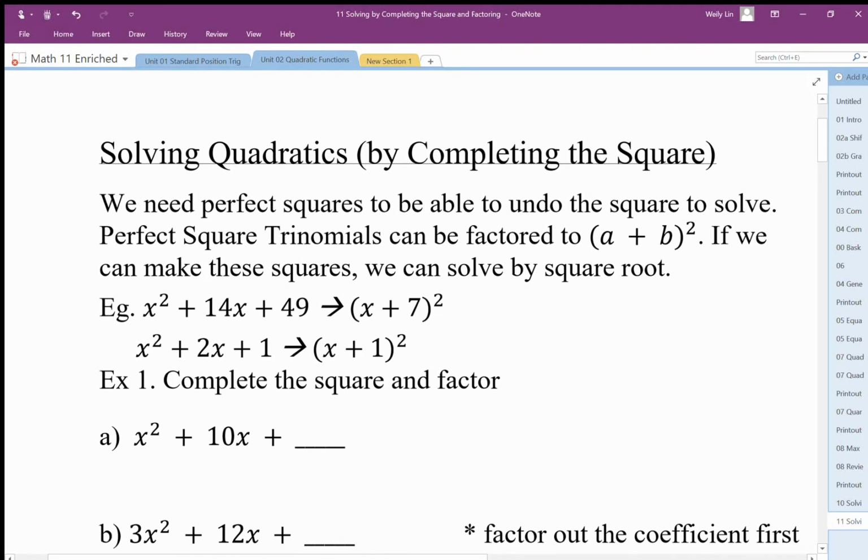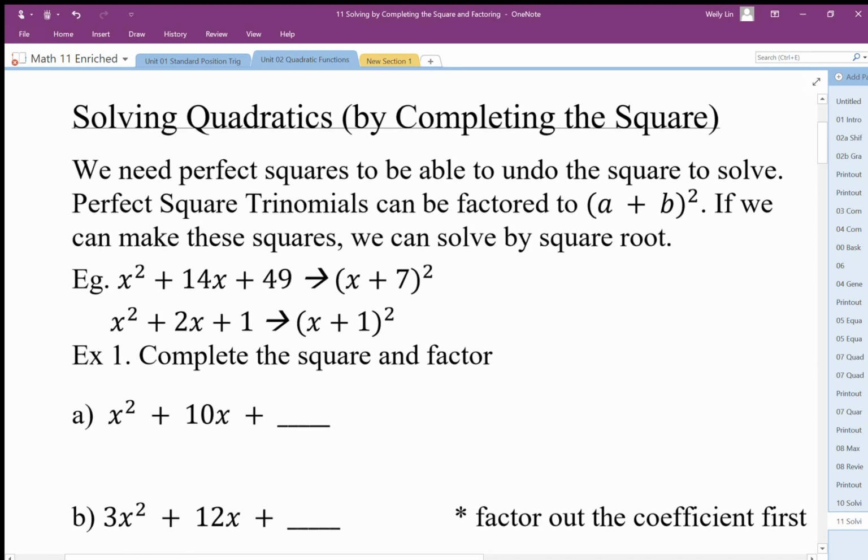So if we have perfect squares, we are able to undo perfect squares by square rooting. If we can factor a trinomial into a perfect square, such as (a plus b) all squared, we can solve these by square rooting these. So if we take a look at the quadratic here, because this is not a perfect square form,